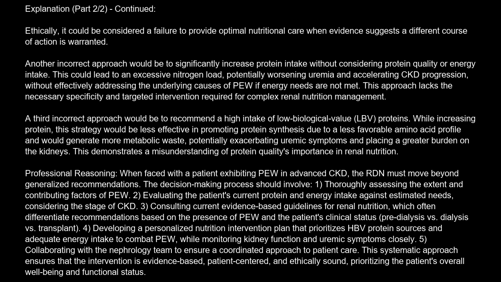Professional reasoning. When faced with a patient exhibiting PEW and advanced CKD, the RDN must move beyond generalized recommendations. The decision-making process should involve: 1. Thoroughly assessing the extent and contributing factors of PEW. 2. Evaluating the patient's current protein and energy intake against estimated needs, considering the stage of CKD. 3. Consulting current evidence-based guidelines for renal nutrition, which often differentiate recommendations based on the presence of PEW and the